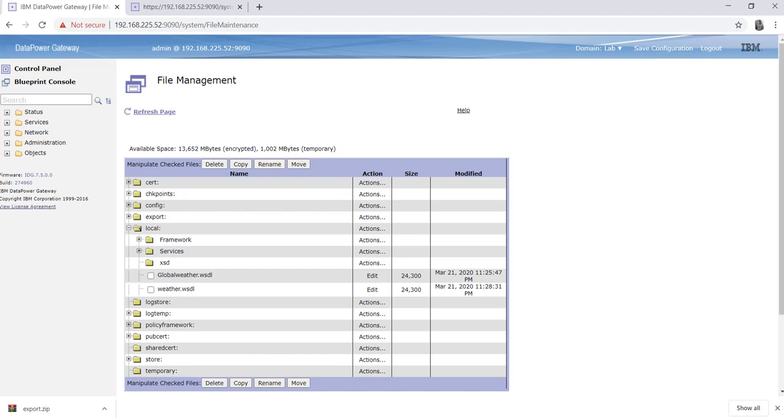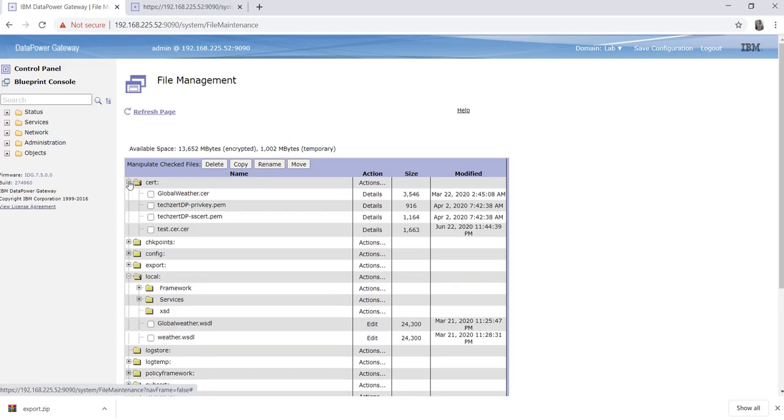Hope you enjoyed my last video in which I covered the file management structure. In file management I covered cert and insert. We saw that we store the private key and the public key, and we can upload our certificate as well.